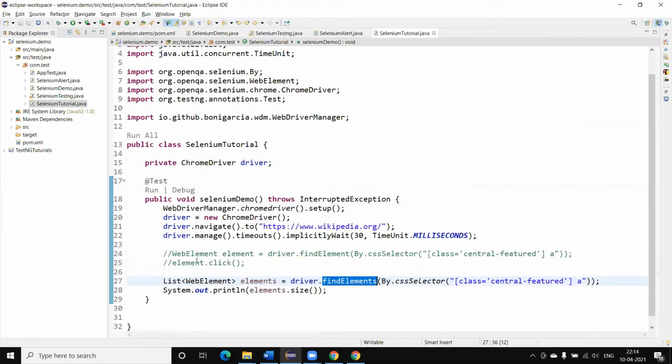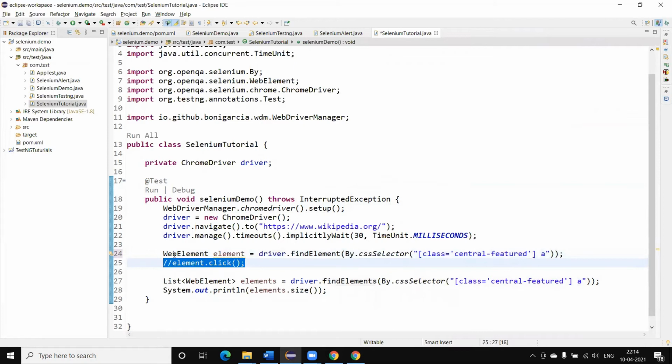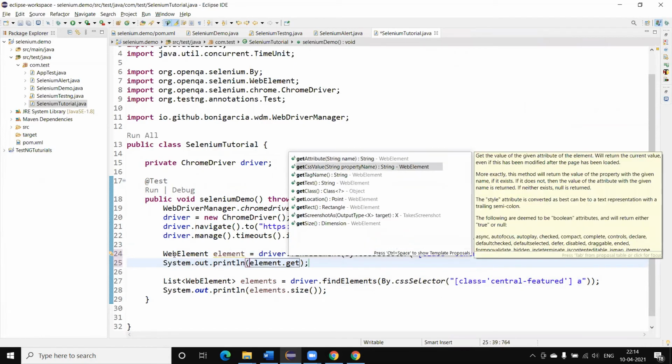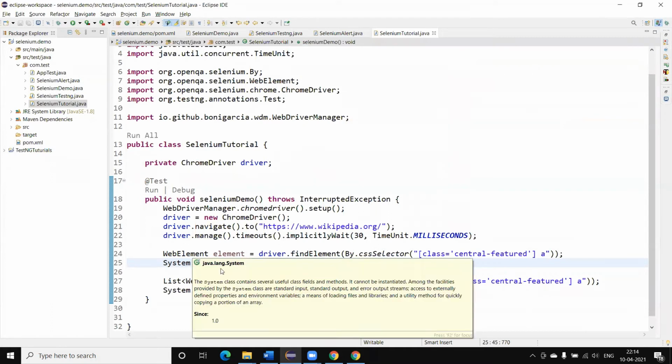Now let me get the text and show you. If we want to get the text, we can use the getText function. This will read the text from that particular element locator, and we can print this.